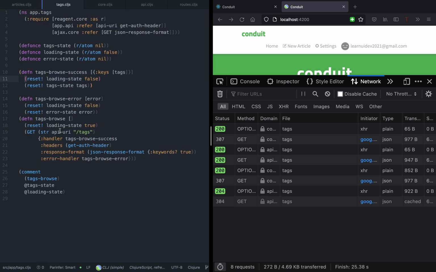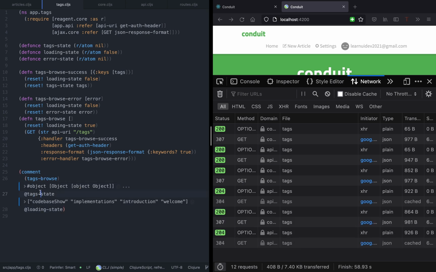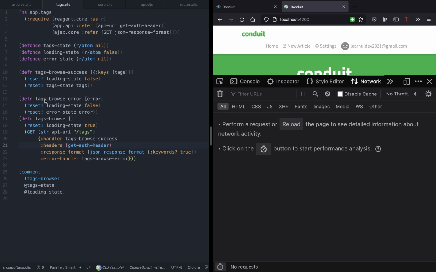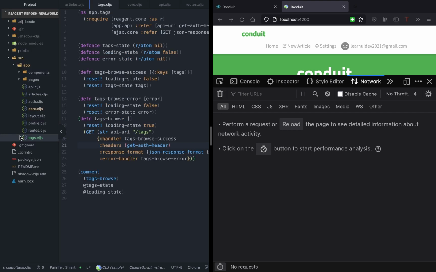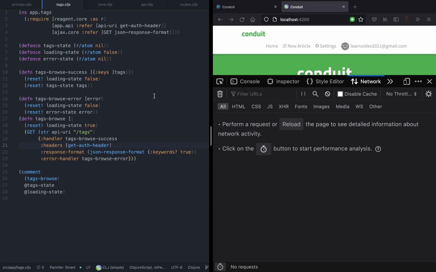And now everything looks good. Now if we invoke this tags browse again, the tag should be there, and the loading state should be set to false. Awesome. So now that we have the function that makes the GET request for tags, we need to go to